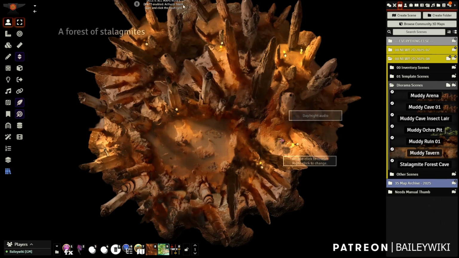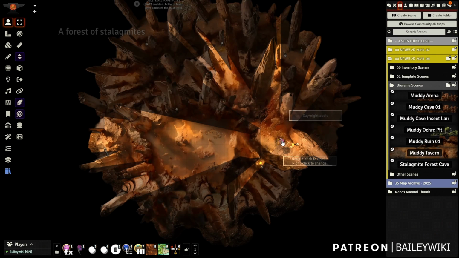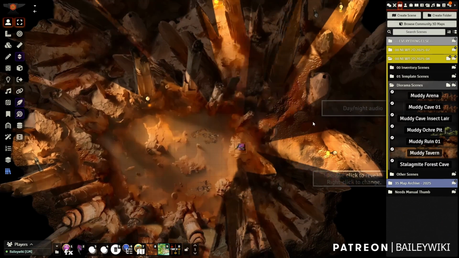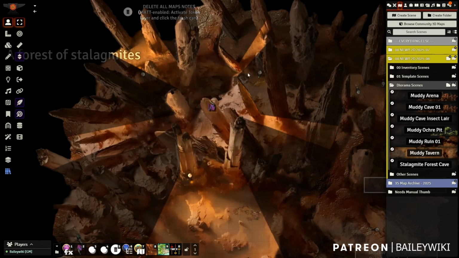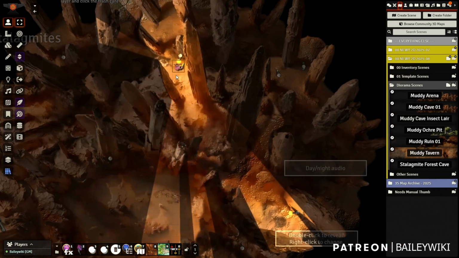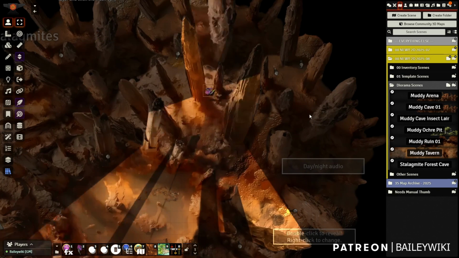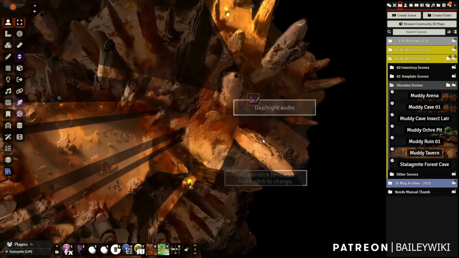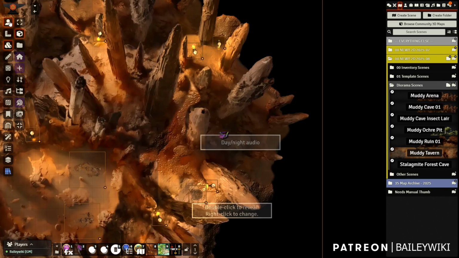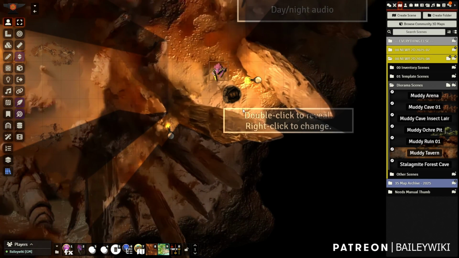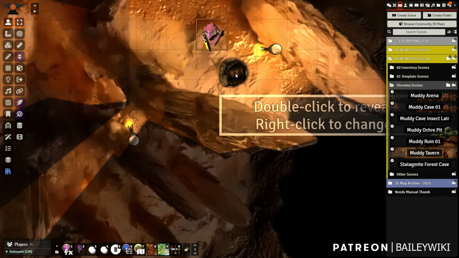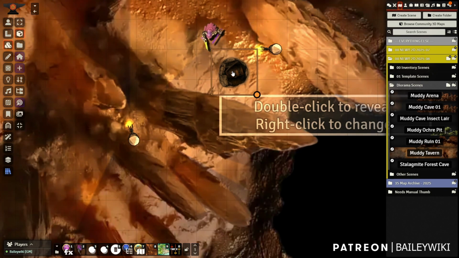The Stalagmite Forest, if I grab a token here, you can see that they can navigate around, and you can have some interesting encounters, or they might be running around looking for something. You've got kind of torches around these different areas. And I always forget where I put this. You have a reveal here, so they can click this and reveal a treasure box,